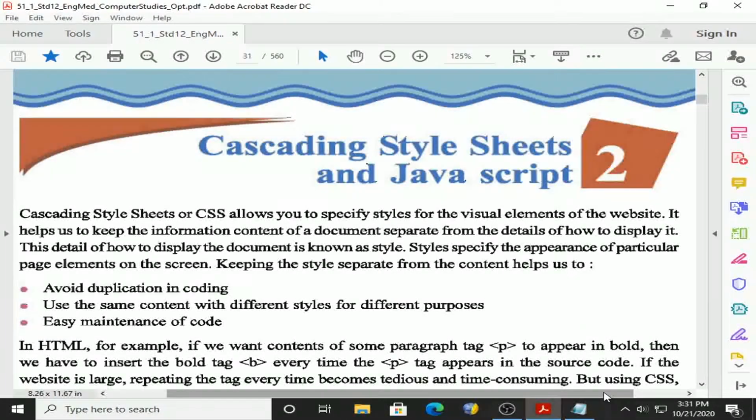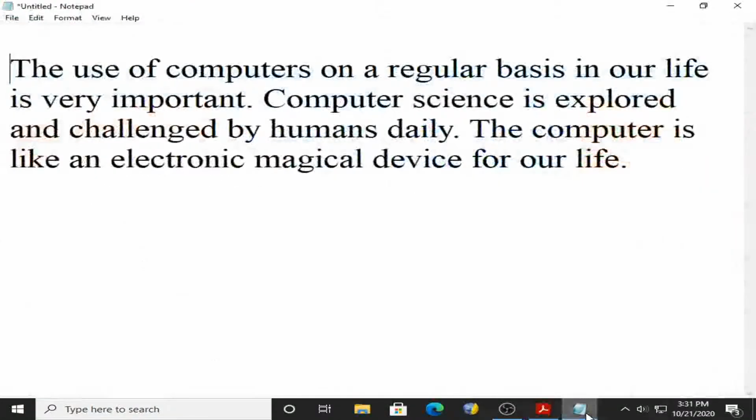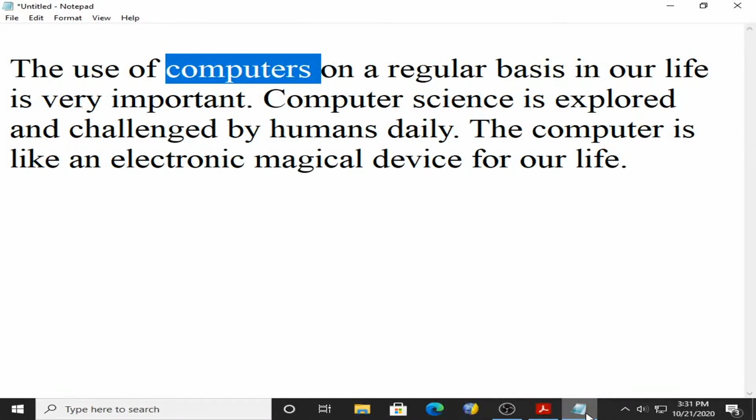See, there are several limitations of HTML, and because of that the page which you create in HTML occupies more space and takes more time to load. For example, you can see one paragraph available. Now I want to change the color and the size of the word computer or computers.